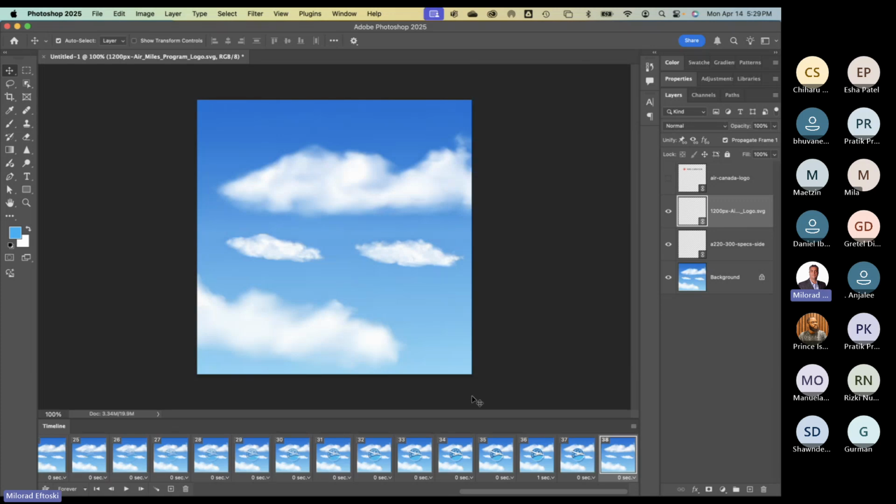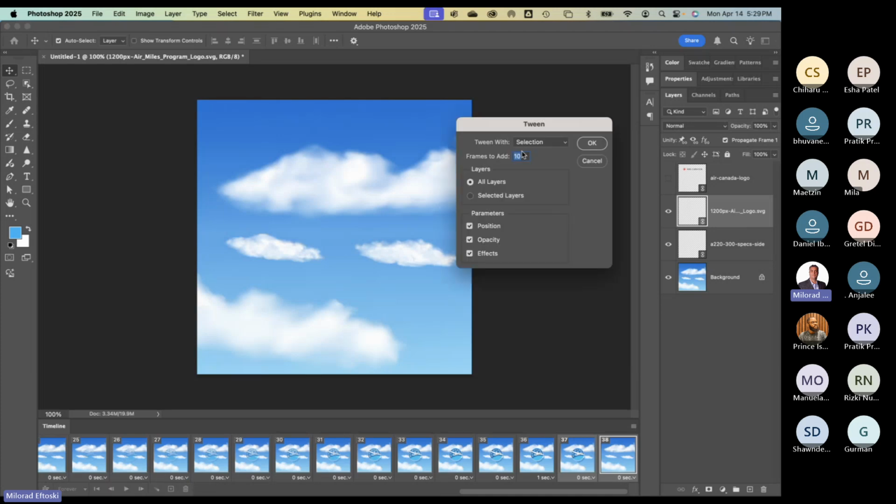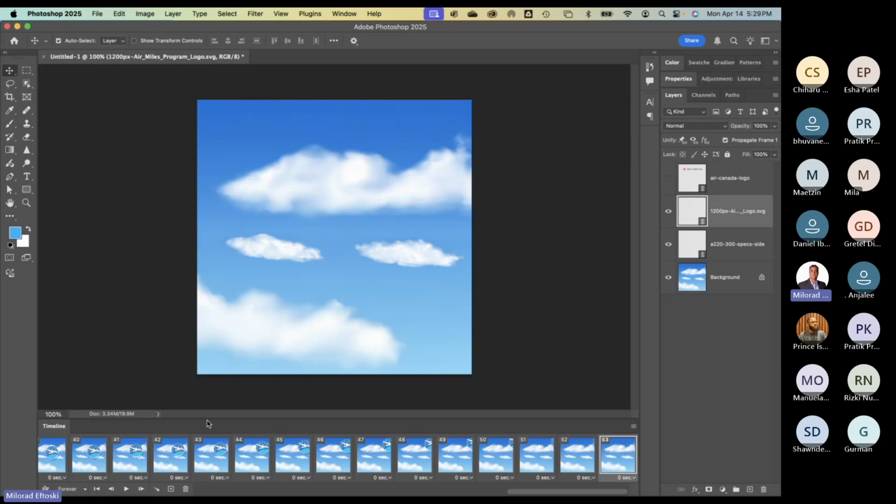And I'm going to select the last 2 frames again from here to there. And I'm going to hit the tween button and I'm going to do 15 frames because I'm doing 20 for the airplane, 10 for the opacity. 15 is enough for this to go from here to there. And that should be it. If I press the play button,